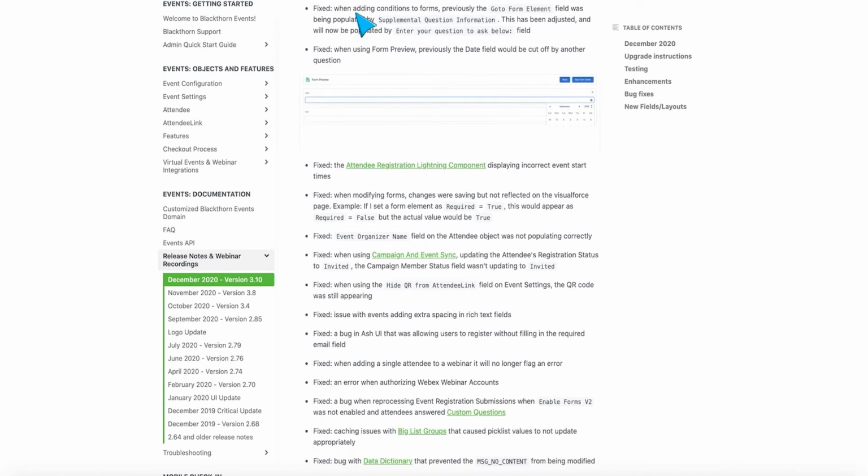Another bug that was fixed was when attempting to clone an event with an email template associated would display an error message. This has now been resolved, and you should not run into any errors when cloning our events. So next, I wanted to walk through a couple custom questions bugs that were fixed with this